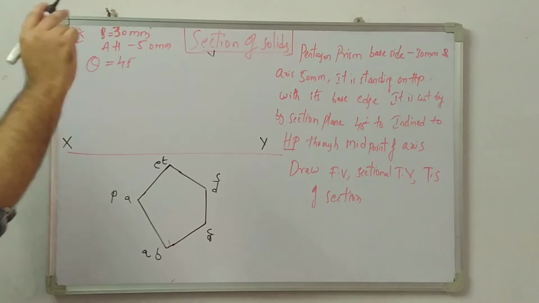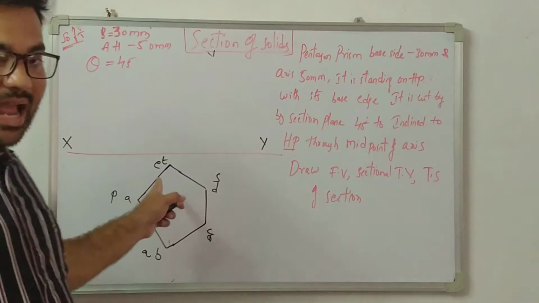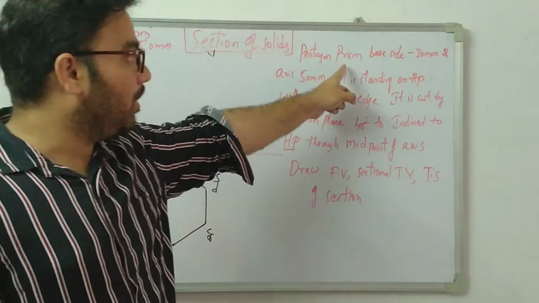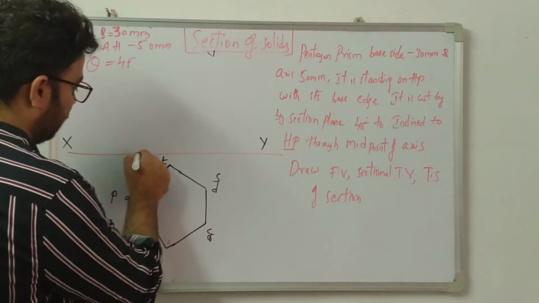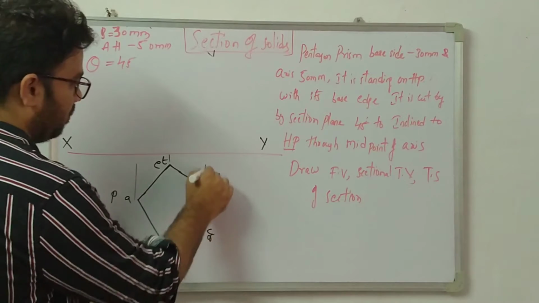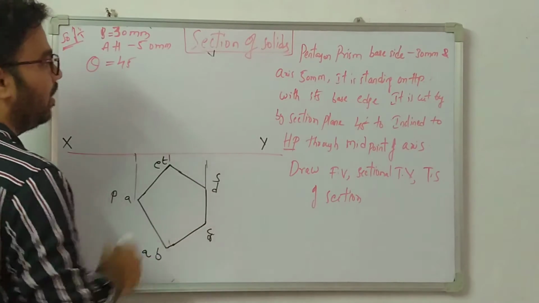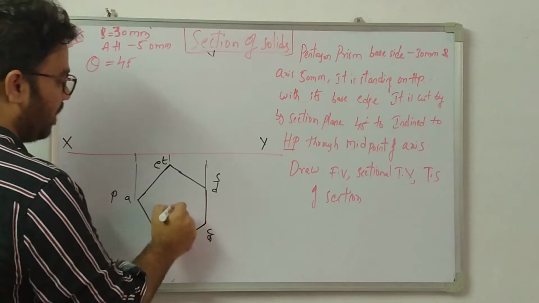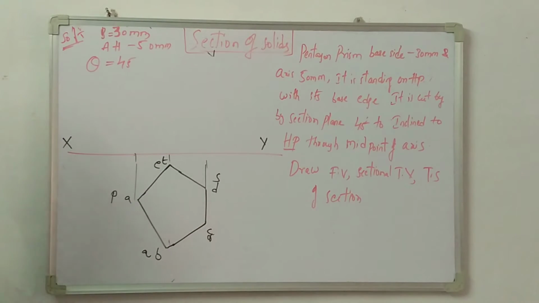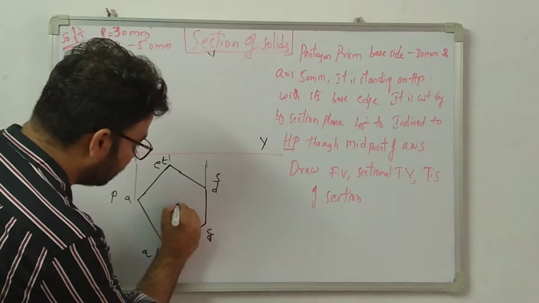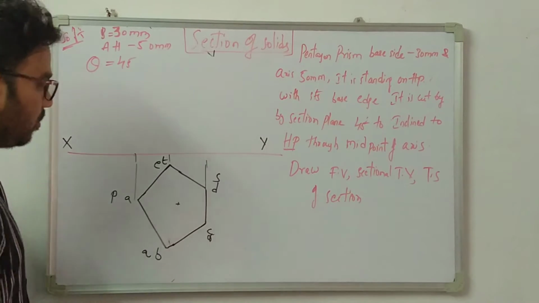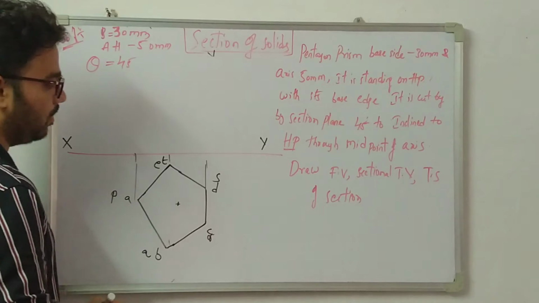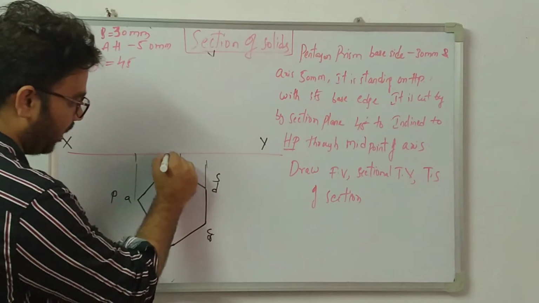Now simply draw the projection lines to get the rectangular faces. Don't draw the slant edges in this problem because it is not a pyramid; this problem is given for prisms. So simply draw the projection lines upwards and you will get a rectangle. What is the axis height? 50 mm. Now we have to select the midpoint. I already told the procedure in the previous problem. This is where the midpoint will be located. Simply select the midpoint of the two base sides, draw a perpendicular line, and you will get the midpoint. I am not showing this here. So the midpoint is somewhere here. From there onwards, draw one more projection line.